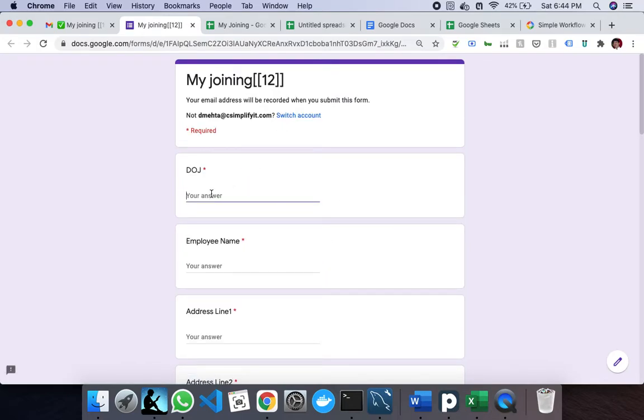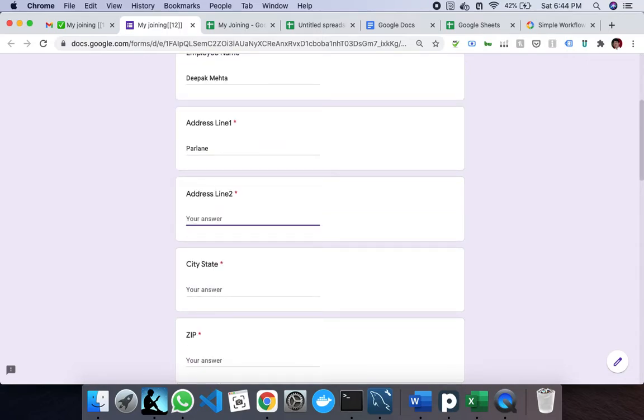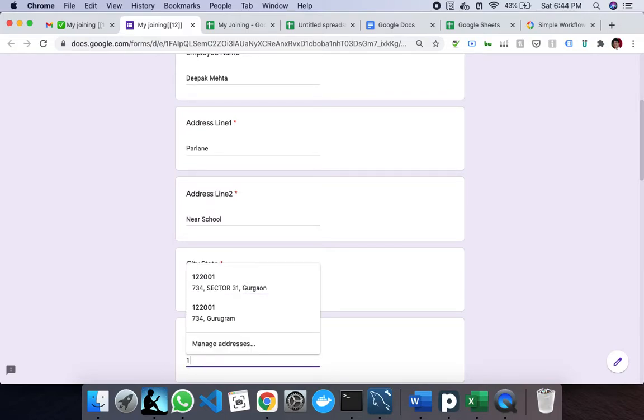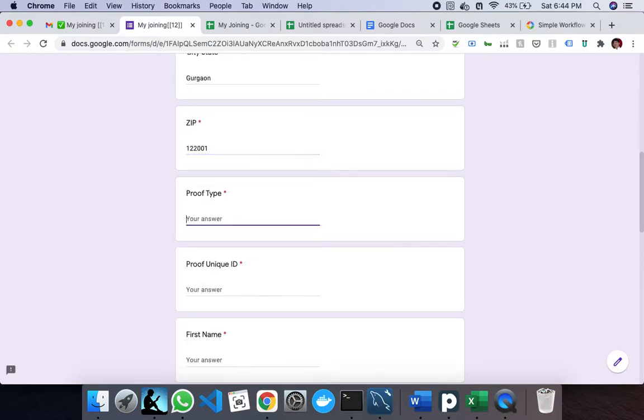So I need to tell when I am going to join the organization, what's my name, what's my address, Park Lane, near school, and then city, let's say Gurgaon, and zip code 122001, whatever information I need to fill in.